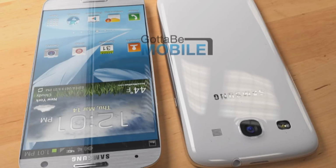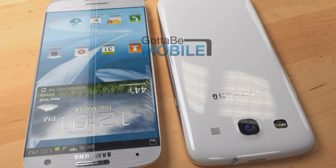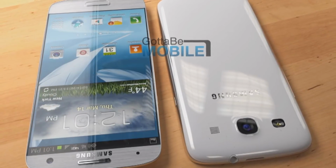Our Samsung Galaxy S4 concept may not look exactly like the real device when it arrives on March 14th, but it has many of the features, including the 4.99-inch display, plastic design,